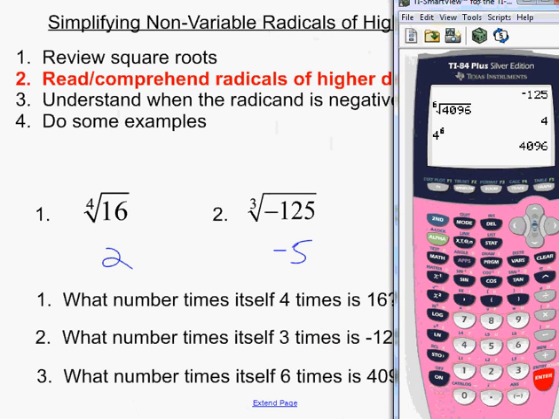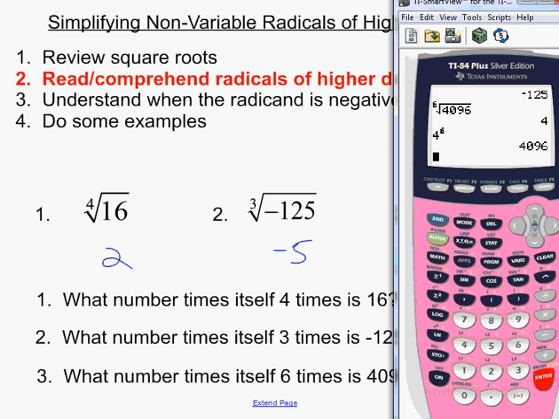So, I hope this gives some understanding of how these radicals are read and what they mean, and a little bit of how to compute them on your calculator. So if you notice here, these all came out to be very nice answers. They were integer answers. We're going to be looking at what happens in problems that you don't get integer answers for. And that is going to cause us to use a simplifying algorithm like we did when we would do square roots that